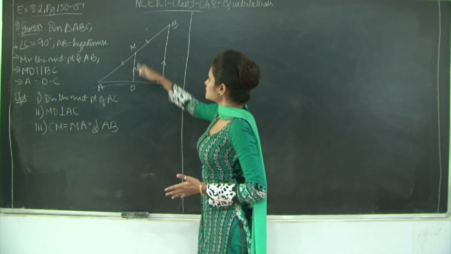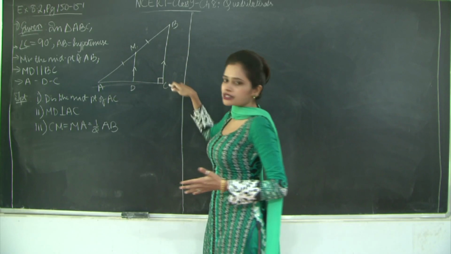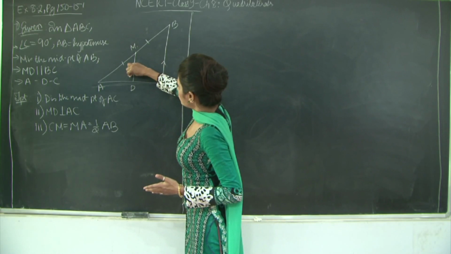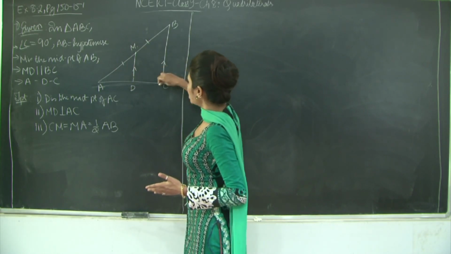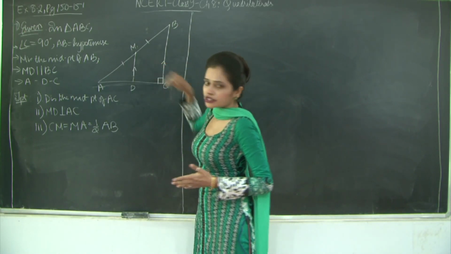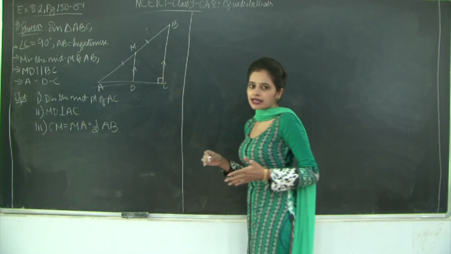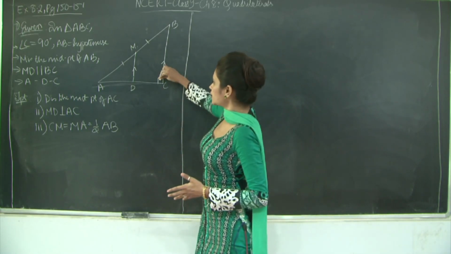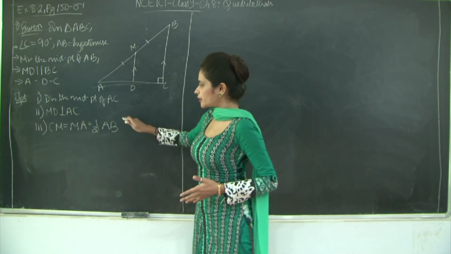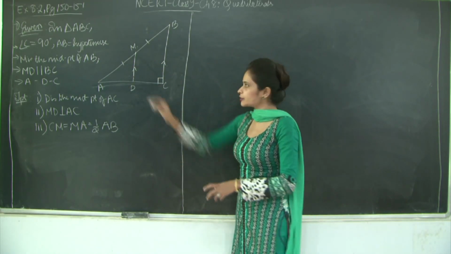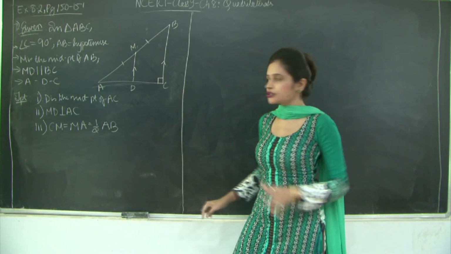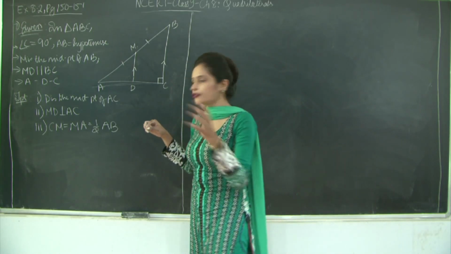You have parallel lines MD and BC, and AC is your transversal, right? Therefore, you have these two angles as corresponding angles, angle ADM and angle DCB. These two angles are equal to each other, because we know that for parallel lines and a transversal, the corresponding angles are equal. Now, this is already 90 degrees, which is given. Therefore, this will also be 90 degrees. The third section we'll see later, because we will need to draw the construction. We'll write about the construction while we are solving the third section. So, let us just go ahead and prove the first two parts of your question.